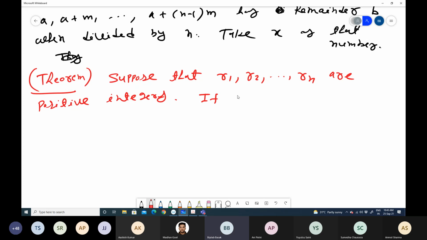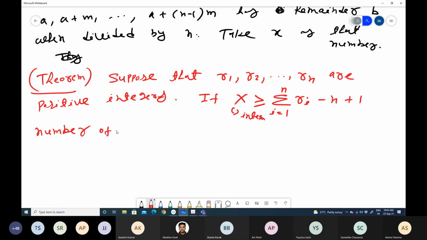Now if x, which is also an integer, is bigger or equal to the summation i equal to 1 to n of ri minus n plus 1,